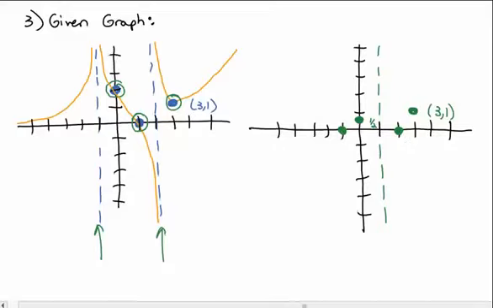Now we're ready to connect the dots using the big little principle. On the left side of this asymptote, we go from 0 to infinity, which means our graph should do the same thing, but in reverse, go from infinity down to 0. And notice we do that going down to our point. Actually, I should probably put some curve to it,